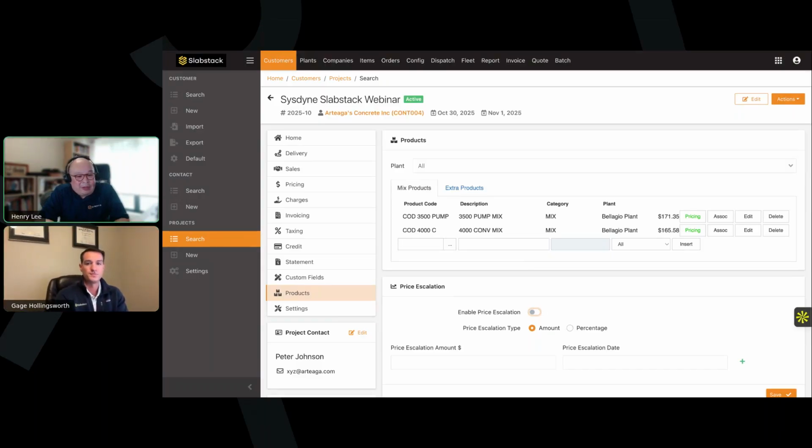A lot of customers approach us and ask, hey, do you know any applications that are industry specific, right? When we talk about CRM, there's a lot of CRM in the market, but to be industry specific, the only thing that comes to my mind is SlabStack. And people talk about how easy the integrations are. I tell people it's just like flipping a switch in your house, right? Turn on the light, and that's how it is.